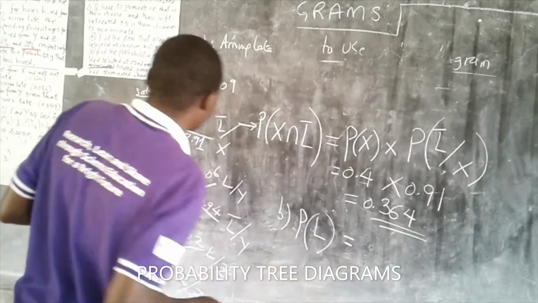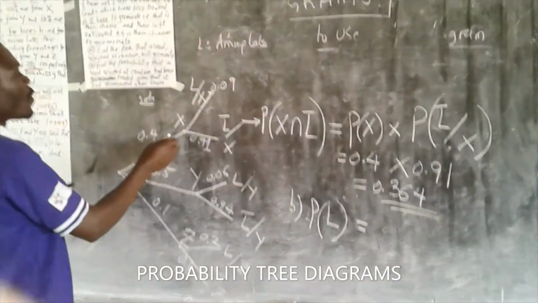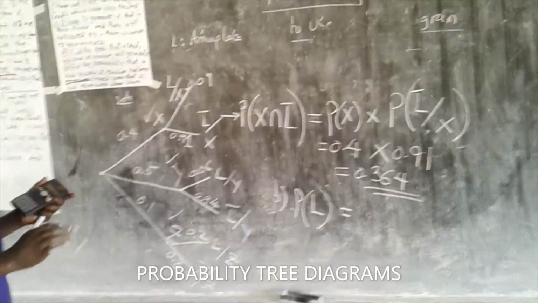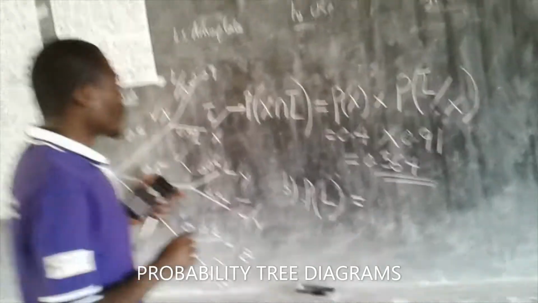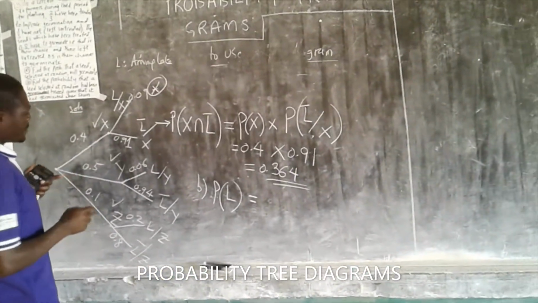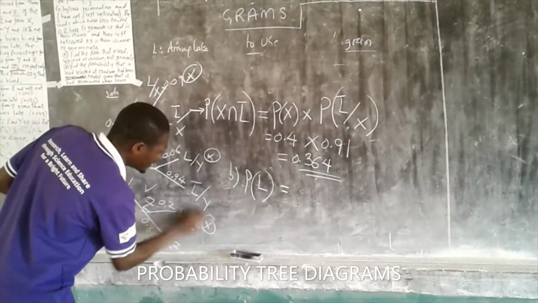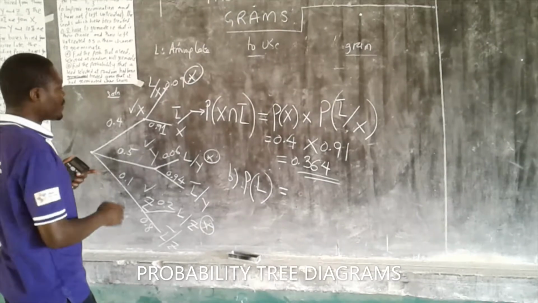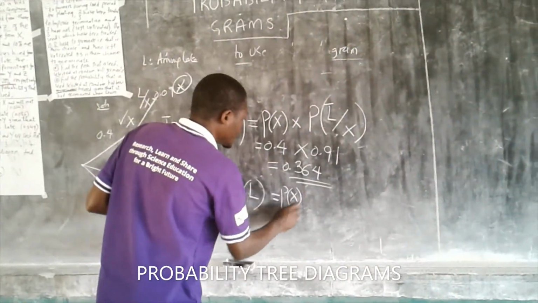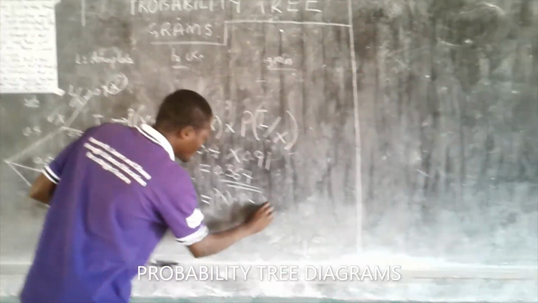This one is having a path either from X or Y or Z, because arriving late is general. So this one will be this part, and this part. And therefore we shall have probability of X times probability of arriving late, given that from X,